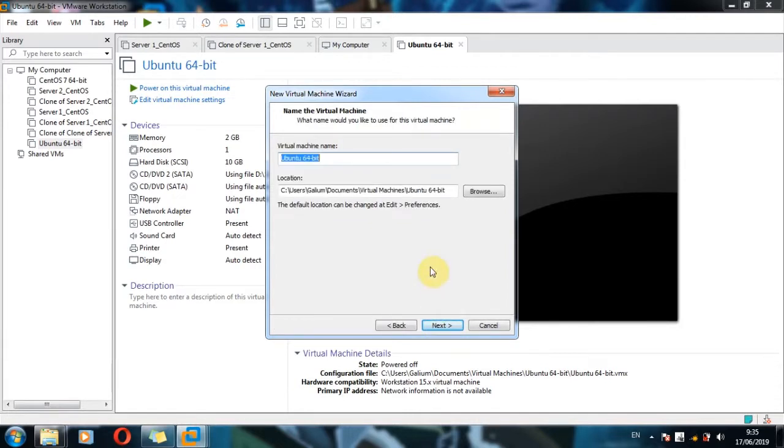Here, we can change the virtual machine name and the location where you want to install it by clicking Browse here. After that, click Next,